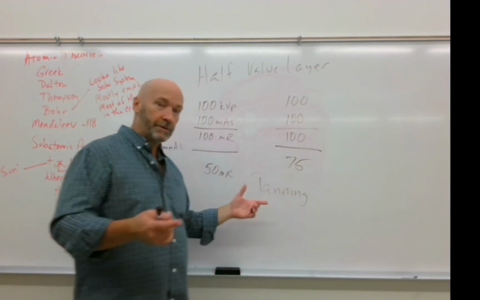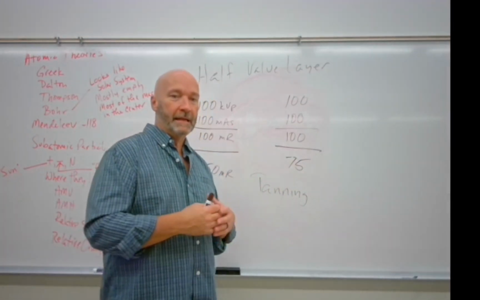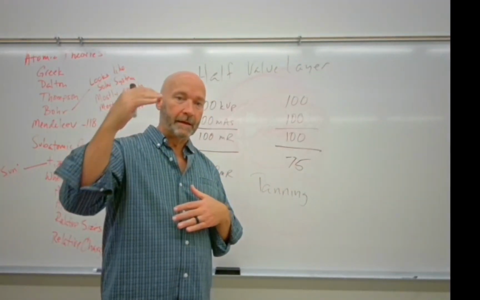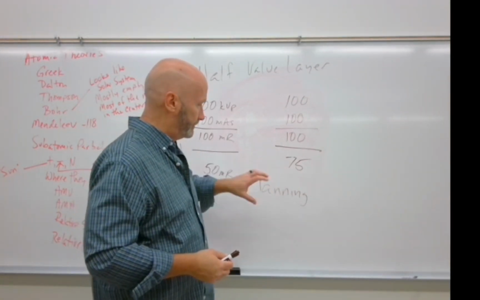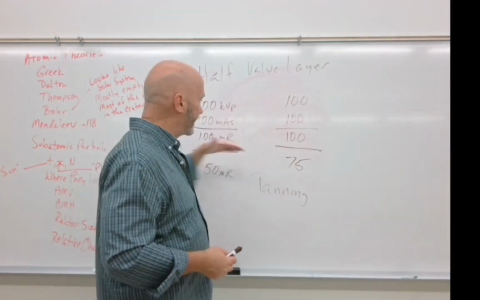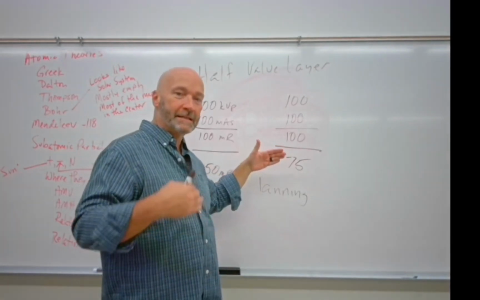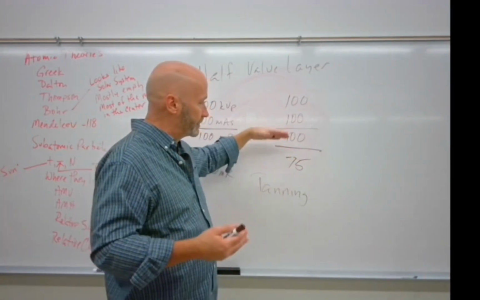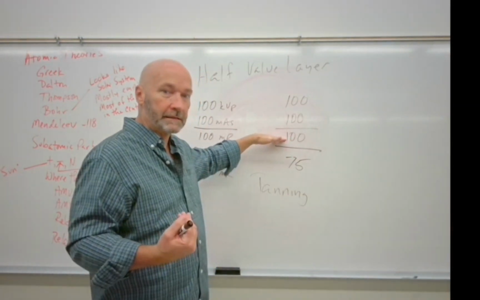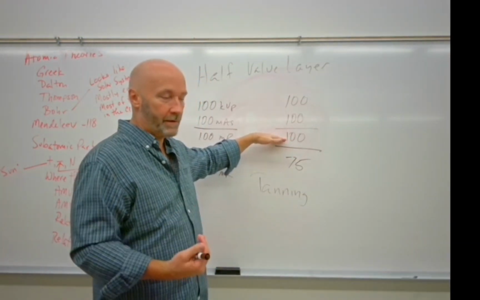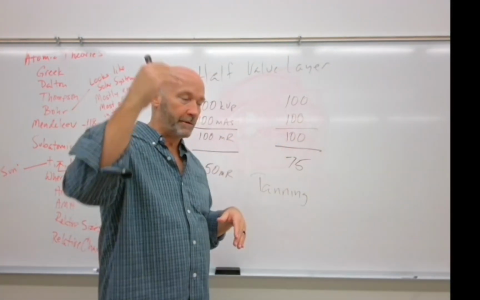So it reduces the intensity, but at the end of the year, the maintenance guy comes in and he has to increase that intensity back up. Maybe you're not getting the 100 MR, you're getting maybe 80 MR. So he has to kind of goose the machine and juice it up to where he's still getting 100 MR. But it's going through that tungsten, which is filtering out some of those low energy X-ray photons, so what you're left with is more high energy X-ray photons.